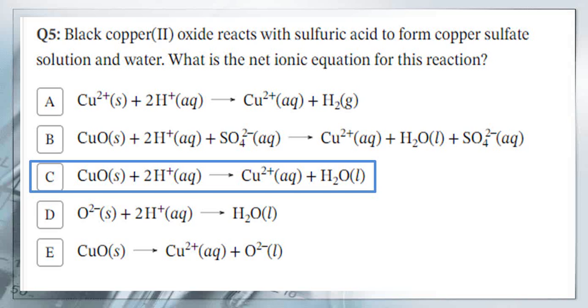So the ions of sulfuric acid, 2H plus, will make oxidation and take oxygen at the end of the reaction forming water, and the reduction reaction here will make the copper plus 2 aqueous solution. It's a very important equation that we took before and we took this time but in a different way. Please concentrate and focus before